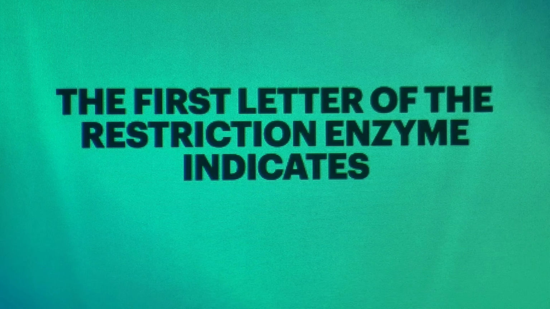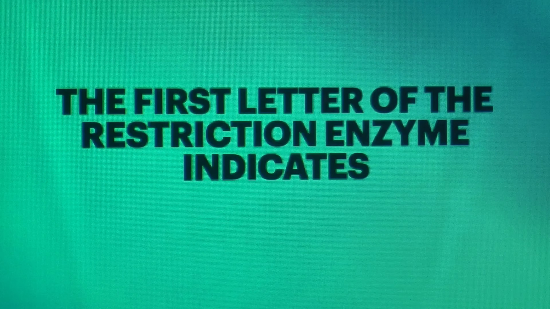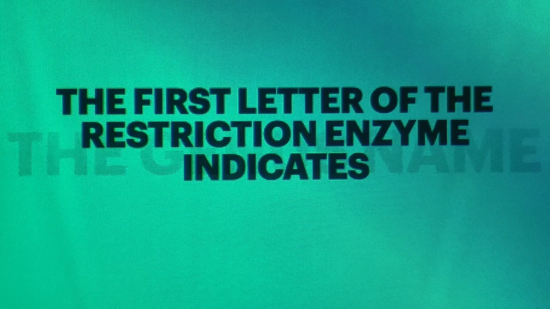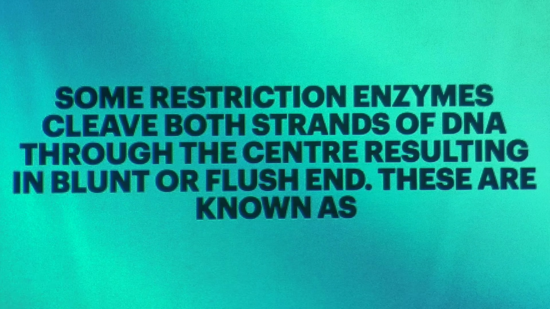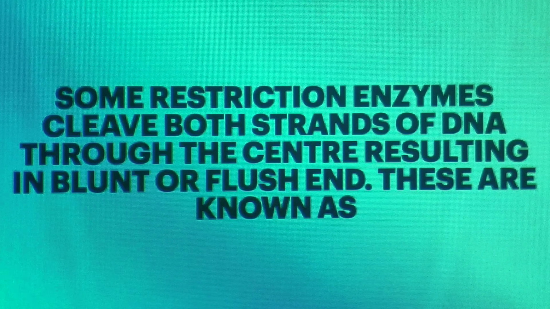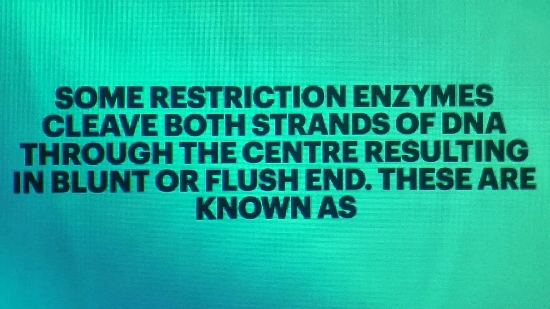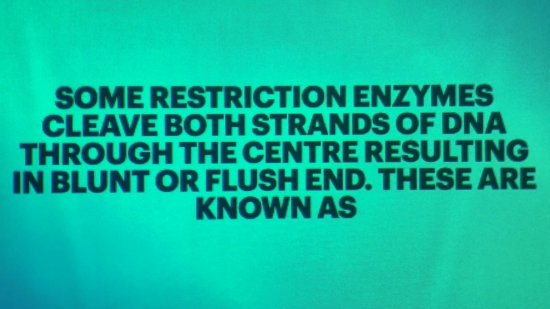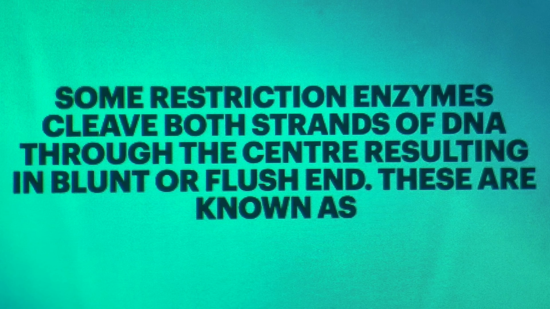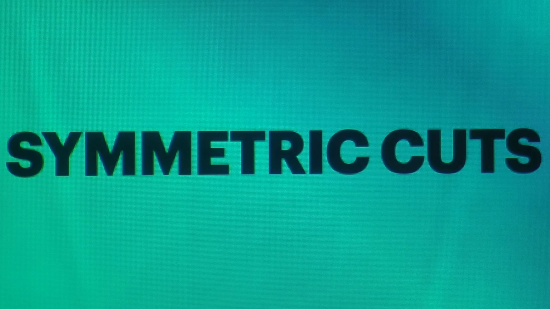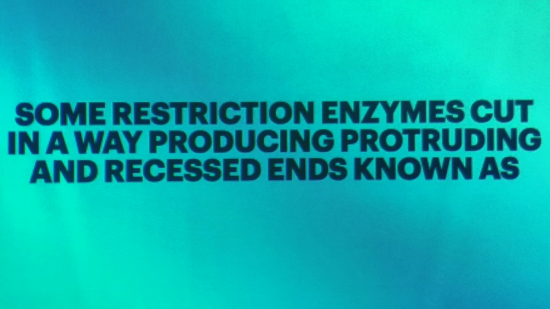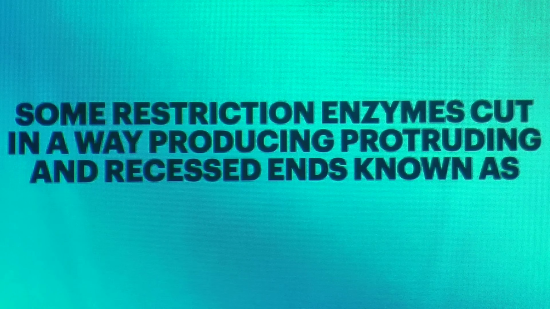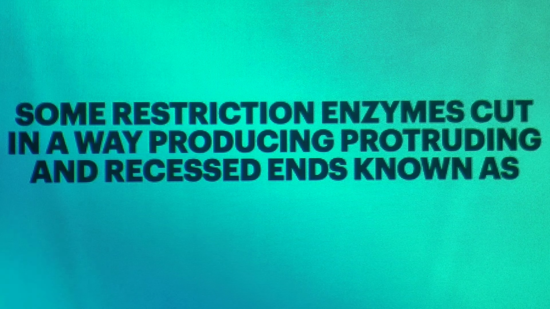The first letter of the restriction enzyme indicates the genus name. Some restriction enzymes cleave both strands of DNA through the center, resulting in blunt or flush ends. These are known as symmetric cuts. Some restriction enzymes cut in a way producing protruding and recessed ends, known as